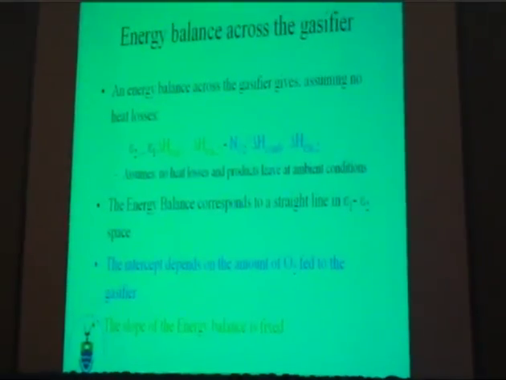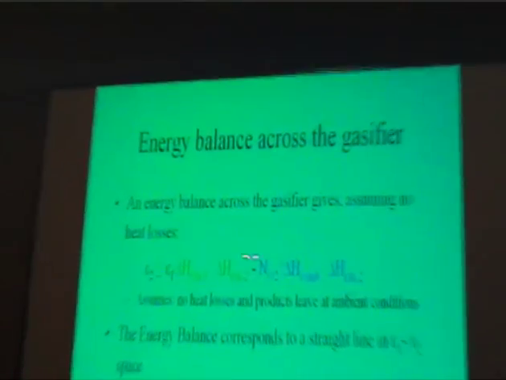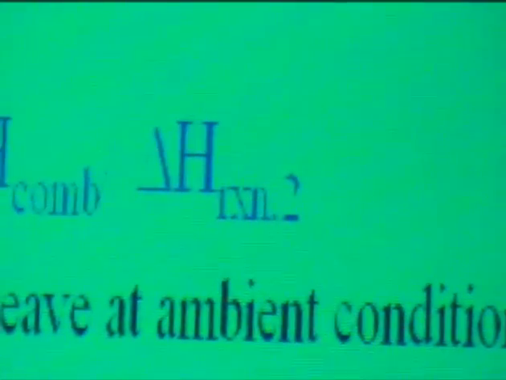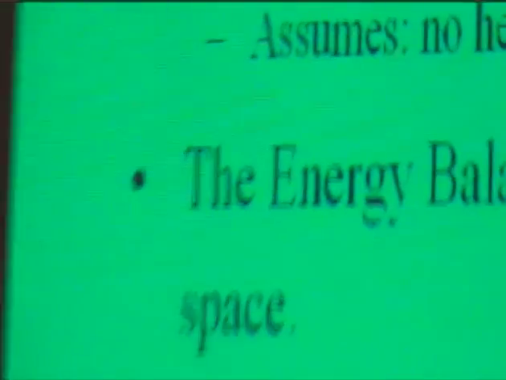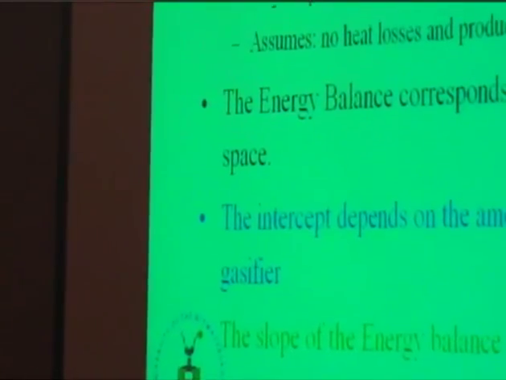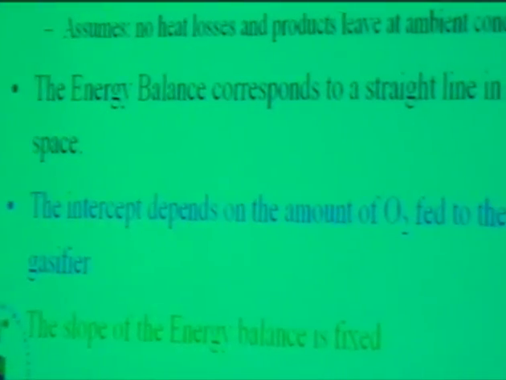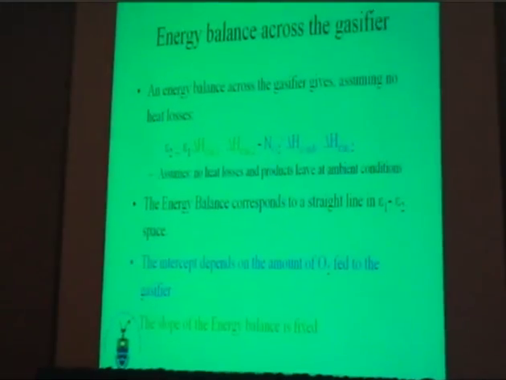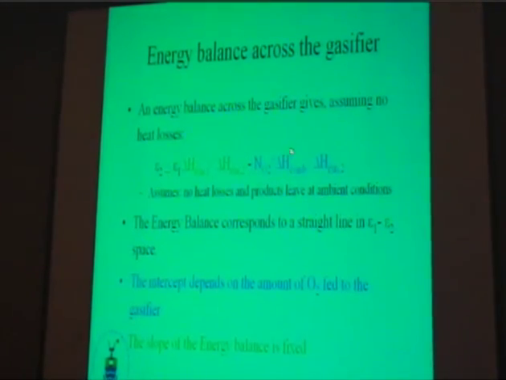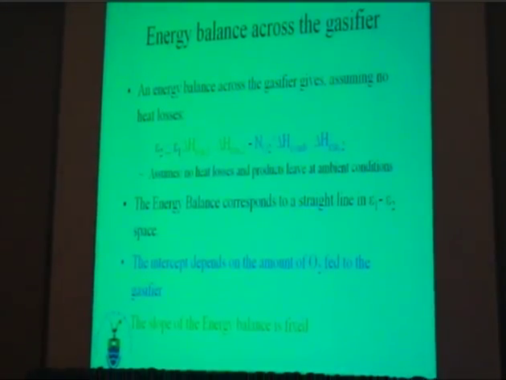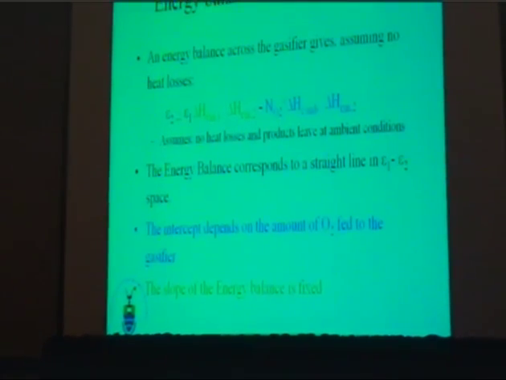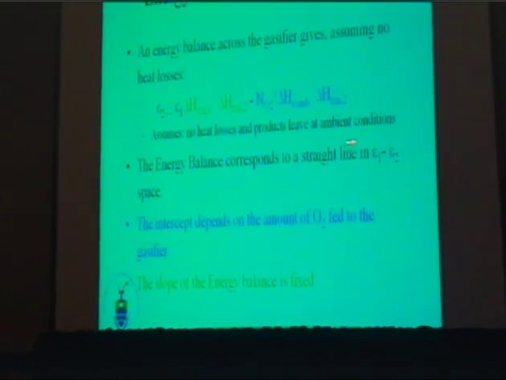So, the energy balance is a similar straight line on that diagram, because if we write the energy balance in terms of, assuming that we've got feed and products at room temperature to start with, we can use delta H of formation. We can make it more fancy afterwards, but in the beginning that's good enough. So the energy balance is also